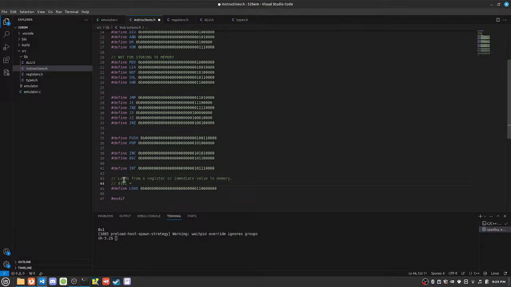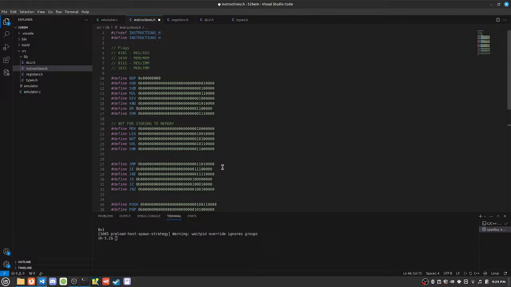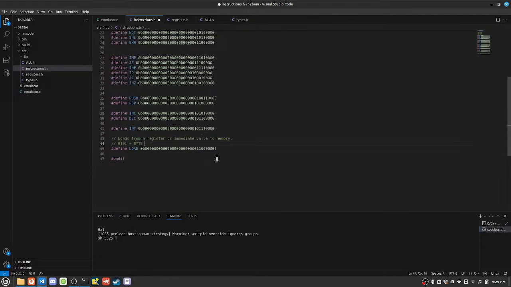Okay, so the source is this one right here. So byte register, 1001 equals word slash register, and then 1101 equals dword slash register,